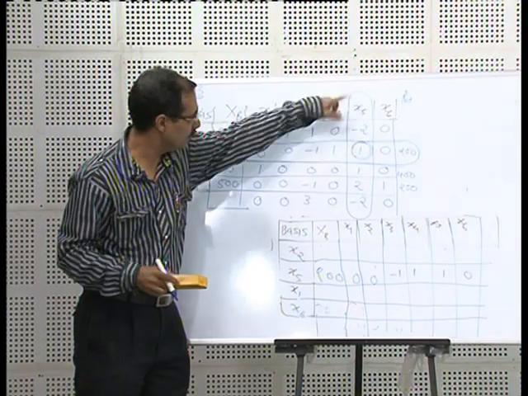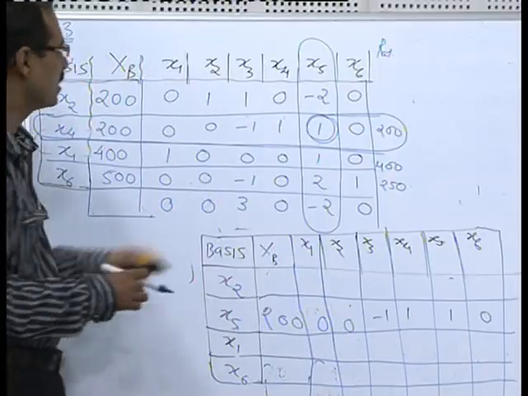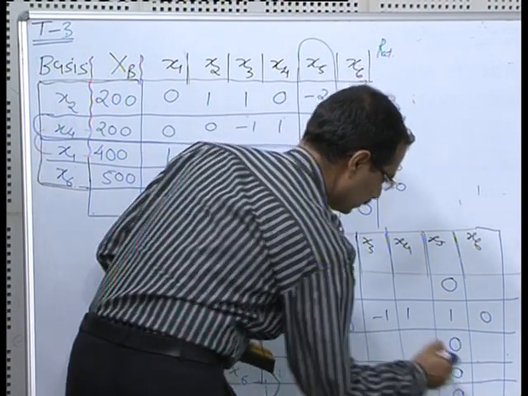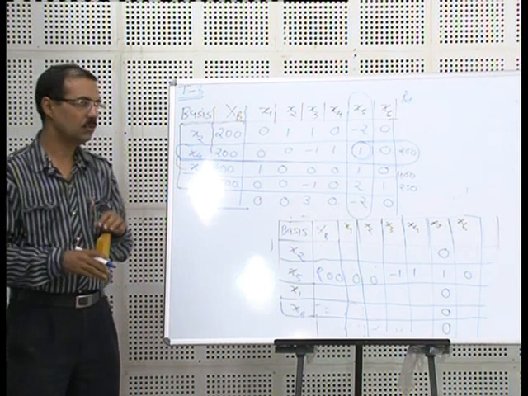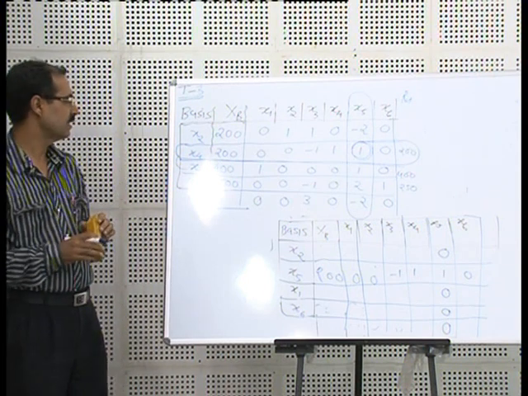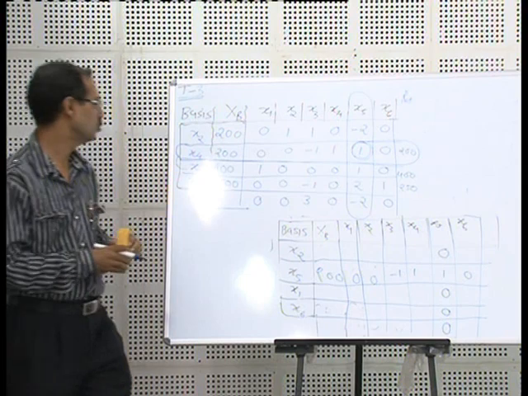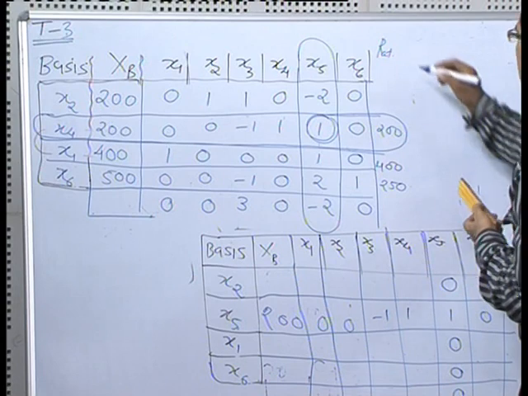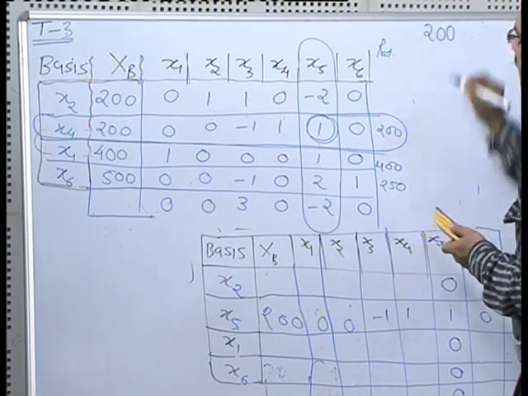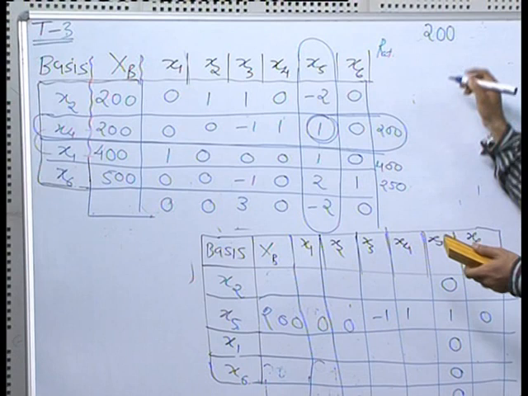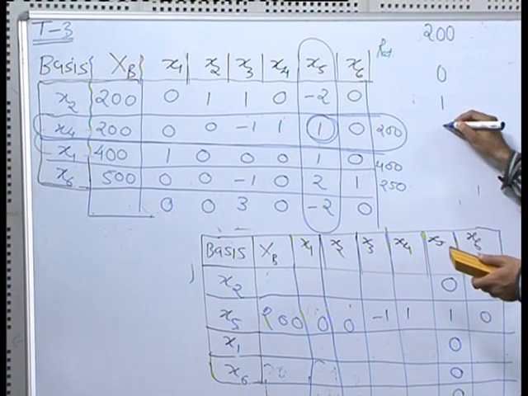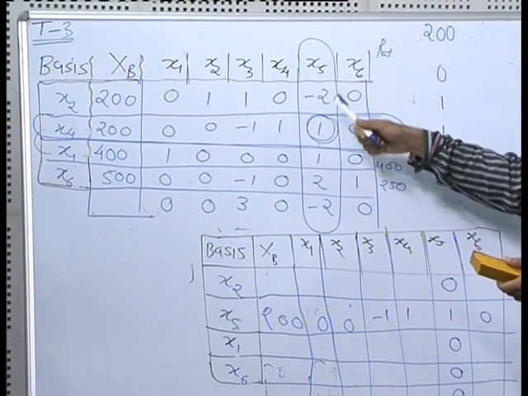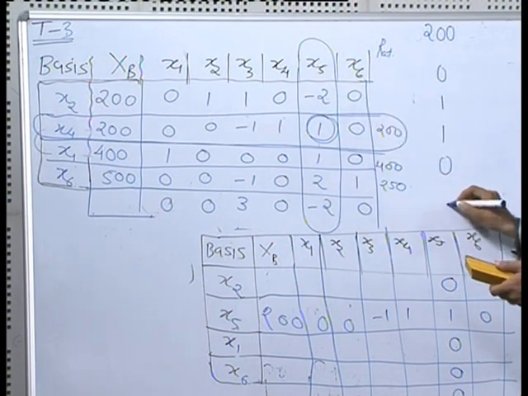So this row is taken care of. Now this special column will be all zeros. So this x5 column will have all zeros wherever there is a space. So one row is done, one column is done. Now the question is of the remaining rows. We will go to the first row. We will write down the older entries first. So it is 200, then 0, 1, 1, 0, 0, 1, 1, 0. This is the special column's element, so we don't take it, and finally this is 0.